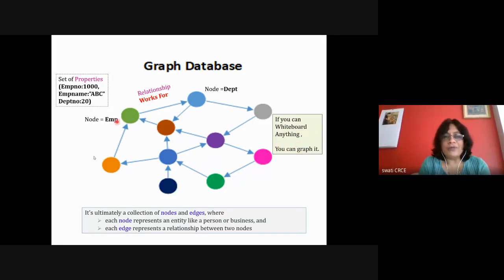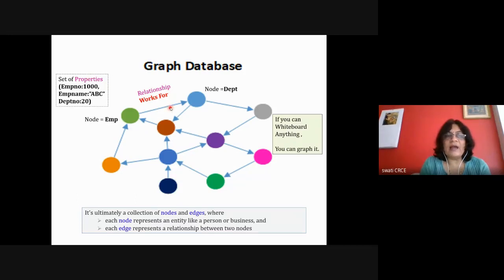What we can summarize from this slide is that the graph is made up of nodes and the connections between the nodes. The node indicates the row of the table. This entire graph indicates the table, and the node indicates the row. The connection between two nodes represents the relationship between the two entities, and the node has a set of properties.